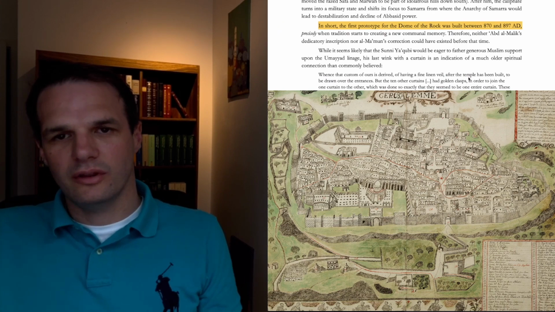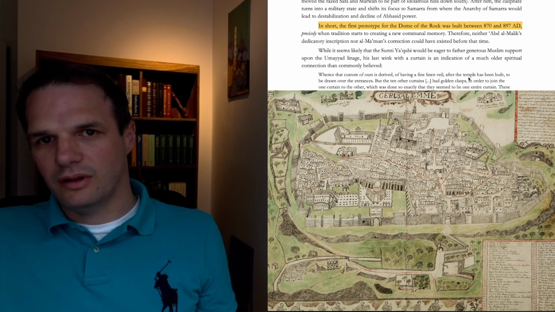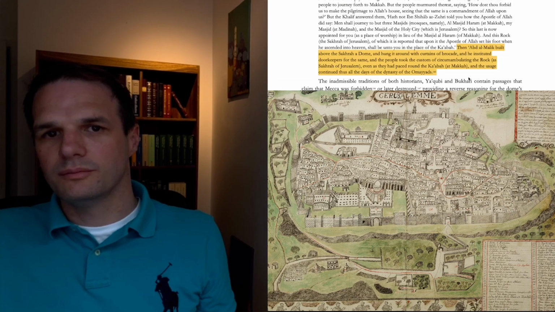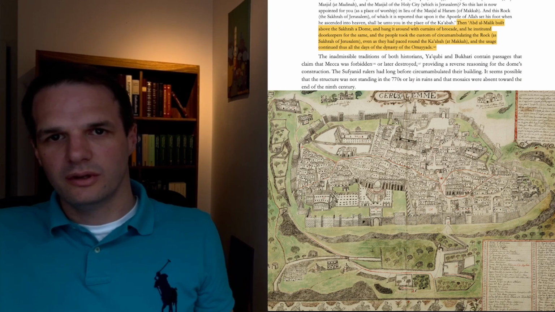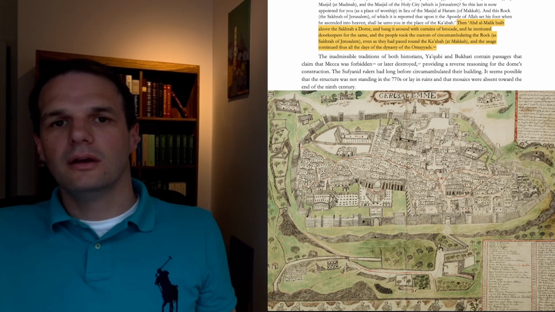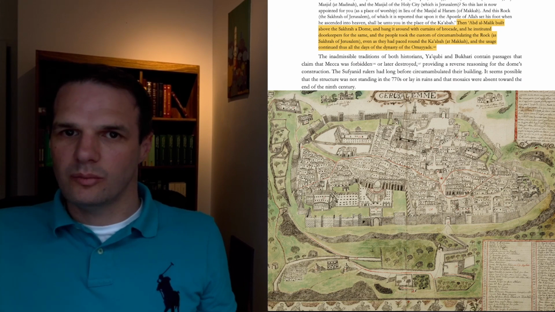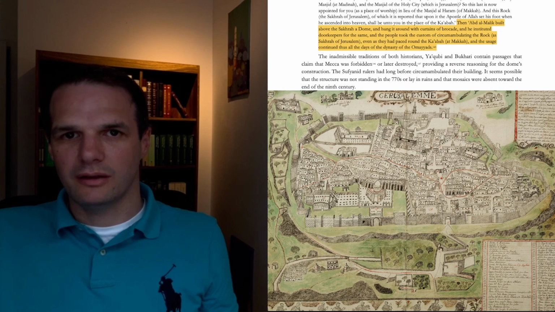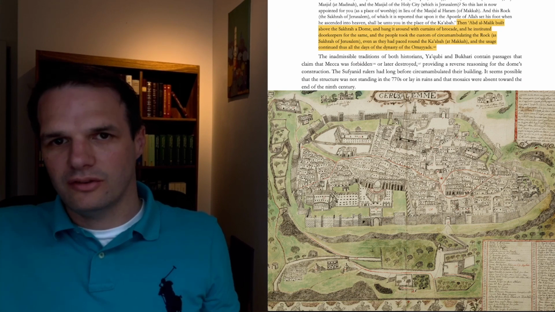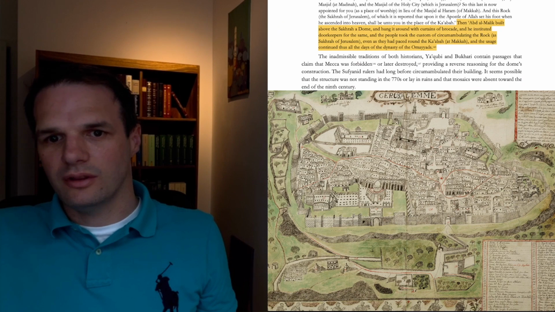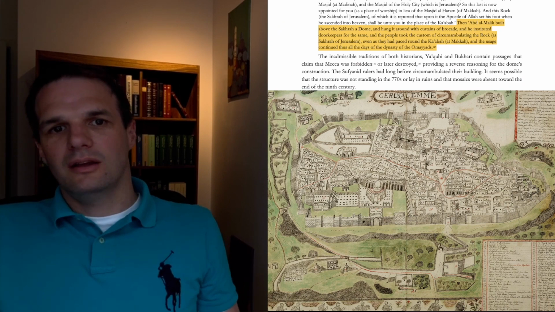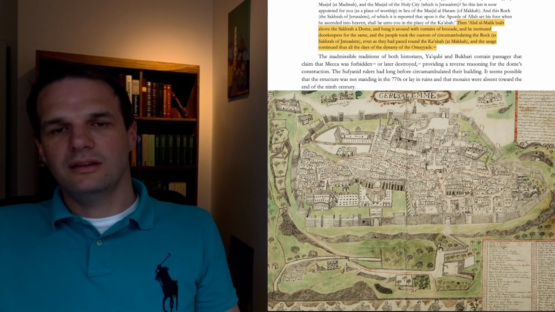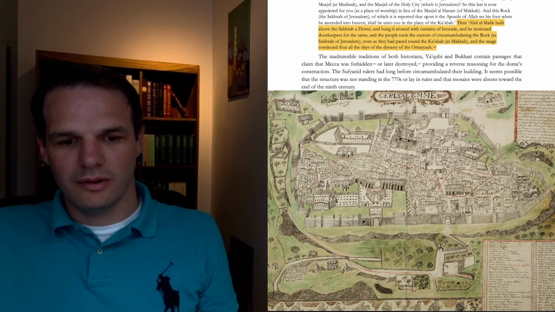So I would argue that we can't, of course, take this quote as gospel, but it is evidence, and it points to there being a tradition that links the Dome of the Rock with Abd al-Malik, which could only have existed if the dome was much older than 870 AD. Because otherwise, it's like, I don't know, if in 1920 somebody in Paris said,